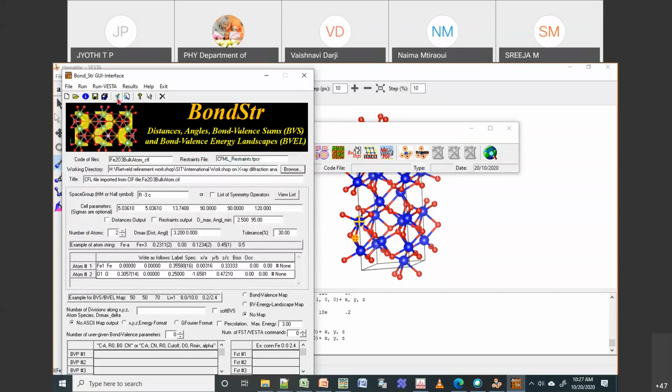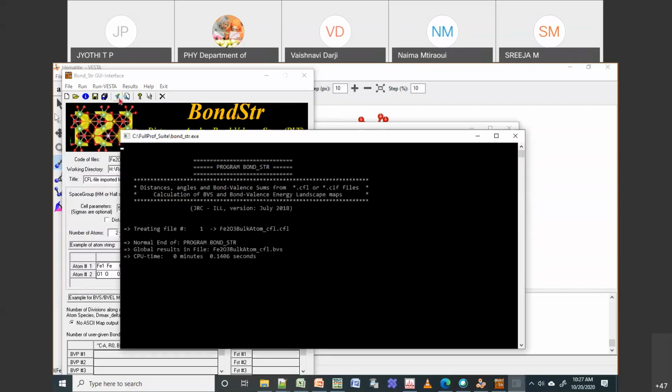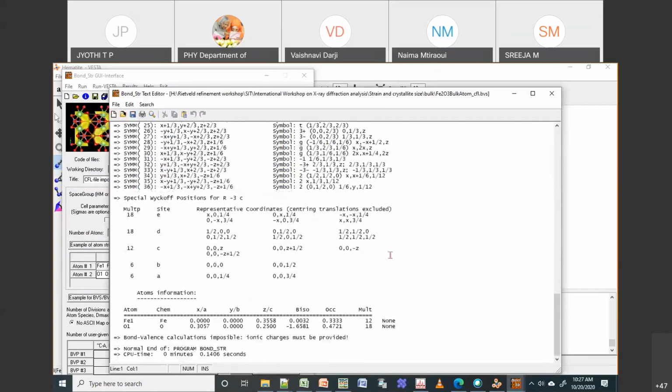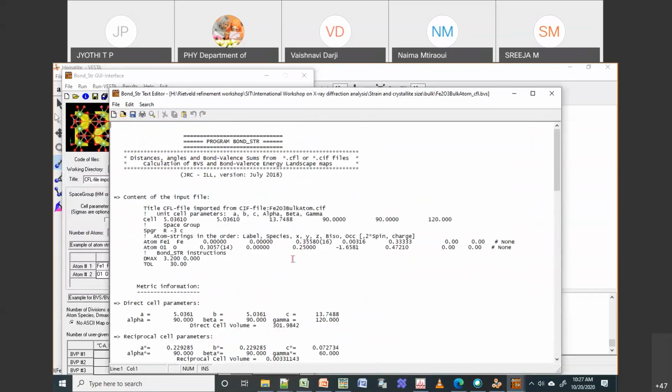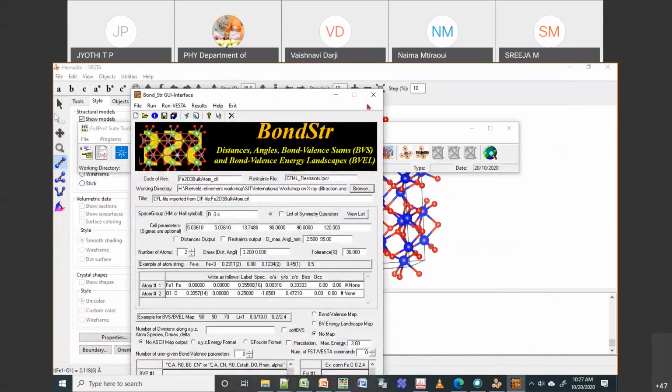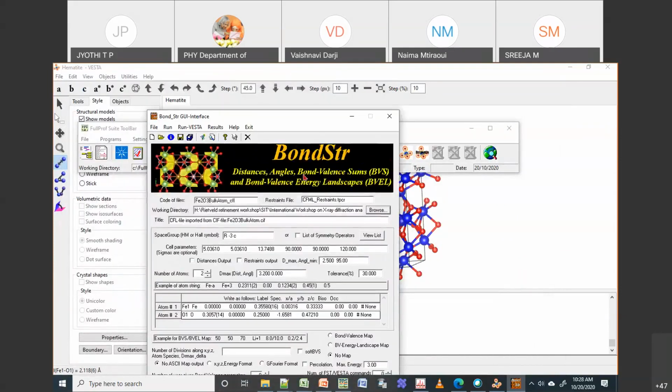Then you just run this zip file. So I'll press enter. So now you can see it has generated some new file. Okay, so I think we are not done. We need to do some bond valence calculation, BVS. So this I will show again maybe later.